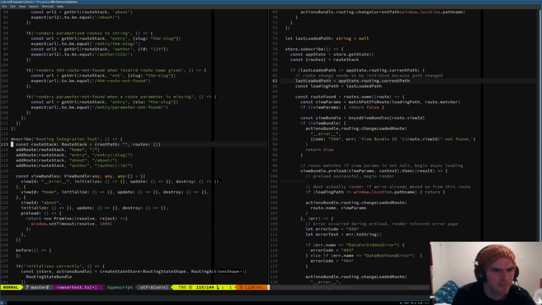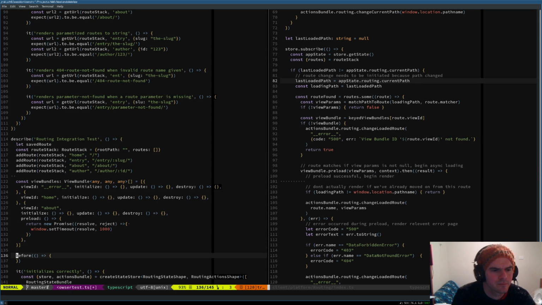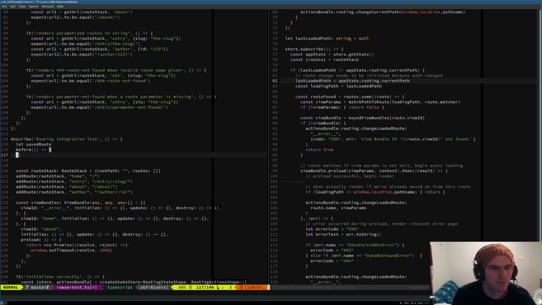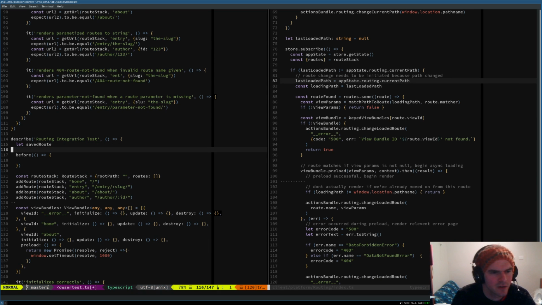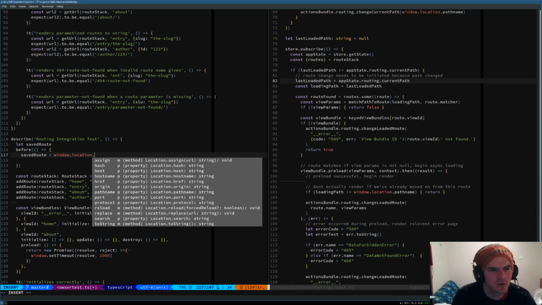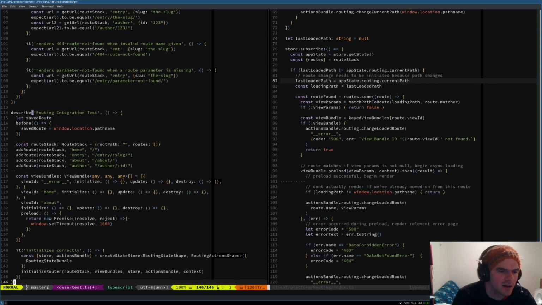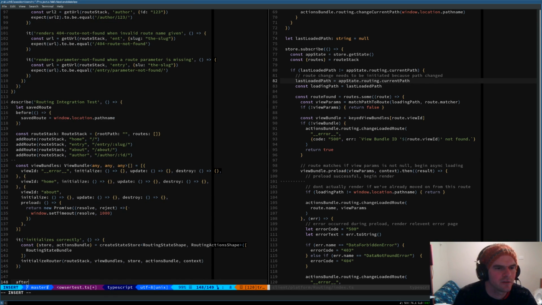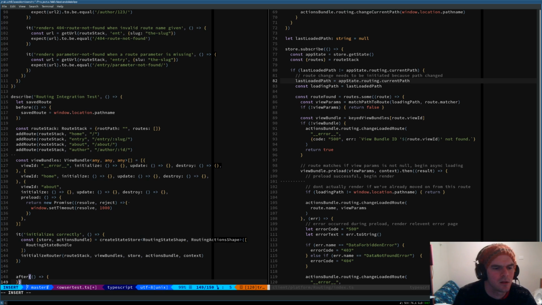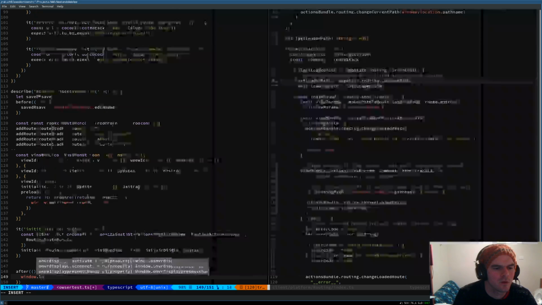We'll do that up here. Hell, we will even put this up here because it's sort of important that we do this. So before, and I'll just make sure it should run every single time, but if that doesn't end up being the case, then we'll have to deal with it. So we will save window.location.pathname. And after everything, go window.location